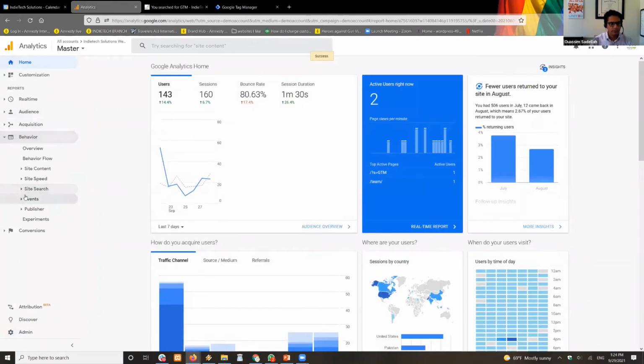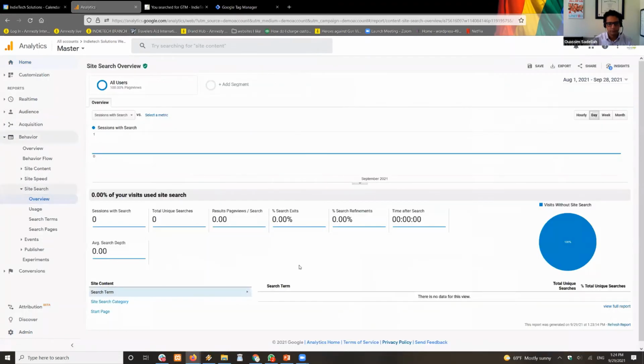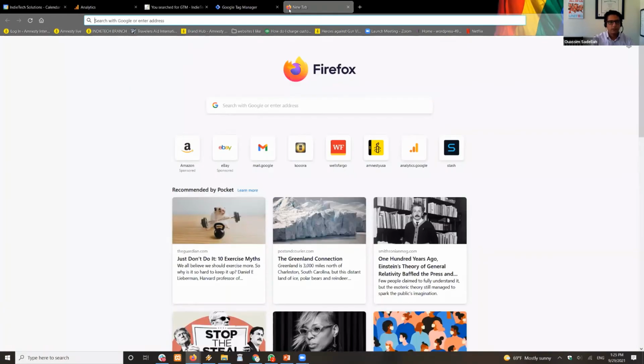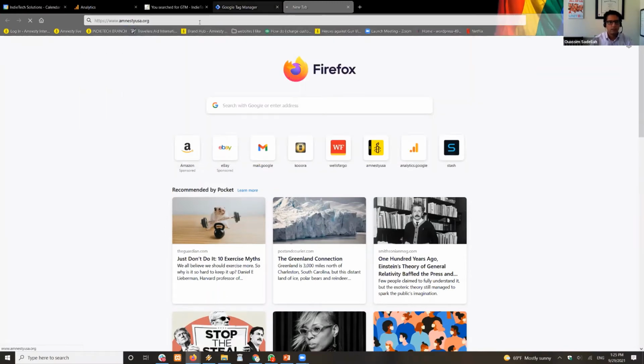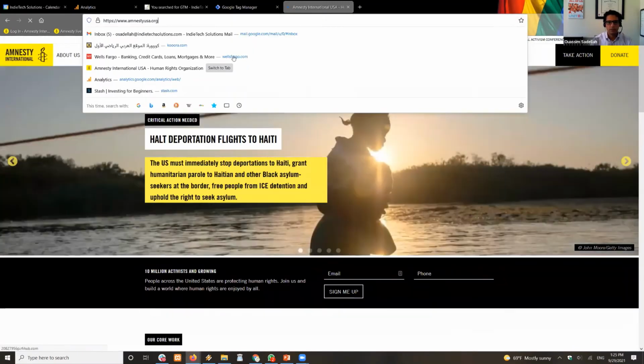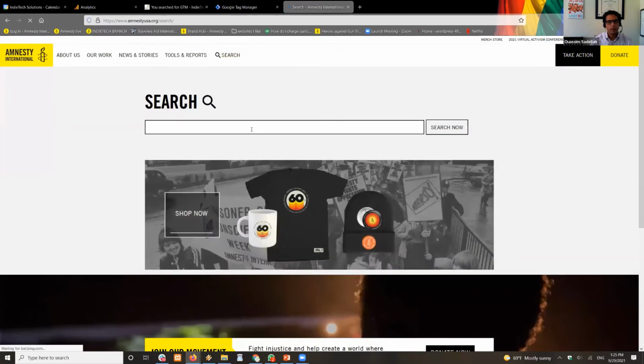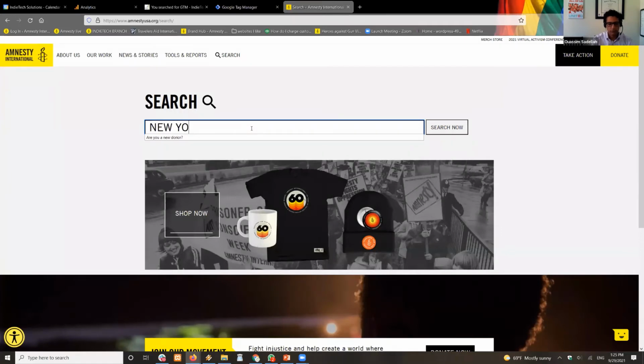All of that is under behavior. Okay, it will be listed here. Now, here is where Google Tag Manager comes in handy. This is one of our clients, and let's go to search. Okay, let's search now.